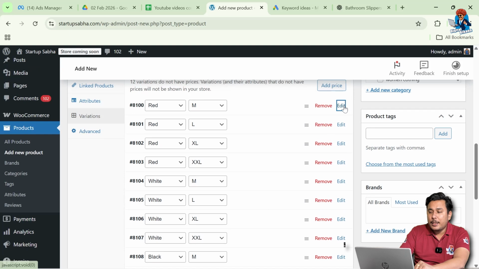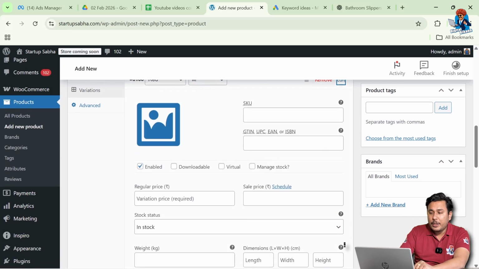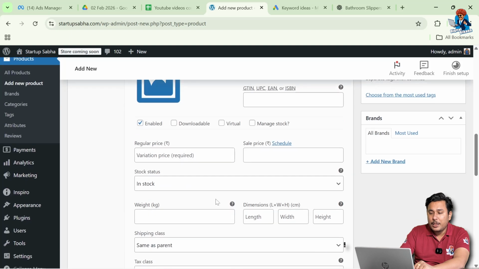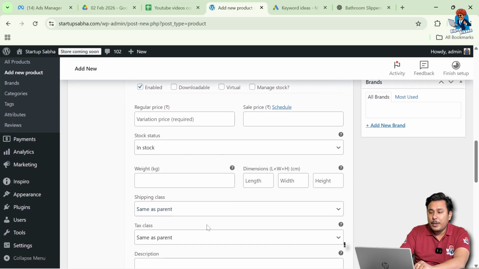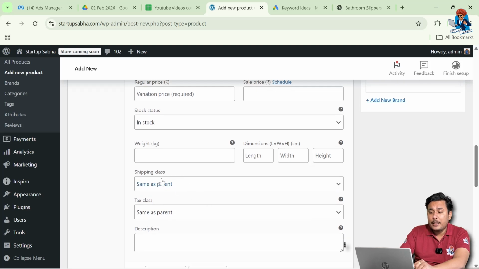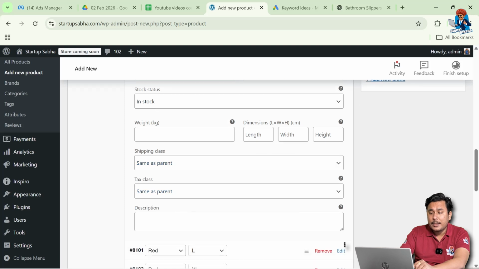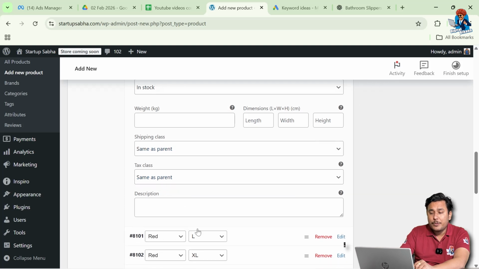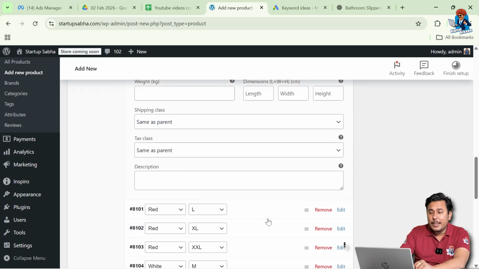We can simply edit each and every product variant. We can simply add the SKU number, regular price, sale price, and whether it is in stock or not. And if we want WooCommerce to manage the stock, then also we can simply check this and can tell WooCommerce how much inventory of this particular product variant we have, right? We can add the shipping class as well as tax class, and can add a short description of this product variant, and all these details we need to fill for each and every product variant,